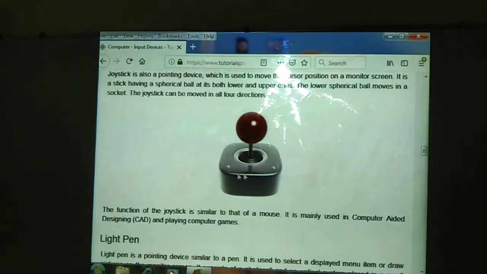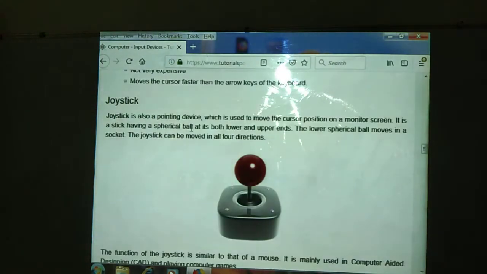See here, this is the joystick. The spherical ball is there, and then we place the cursor position. The lower spherical base will be moving the socket.